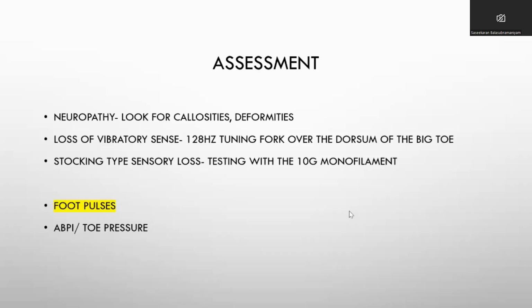And always, as a vascular surgeon, any patient who comes to me, I usually document. It's too much to ask from other clinicians, but at least when they have any leg or foot symptom, it is better to check the pulse. That changes the entire management of a patient.